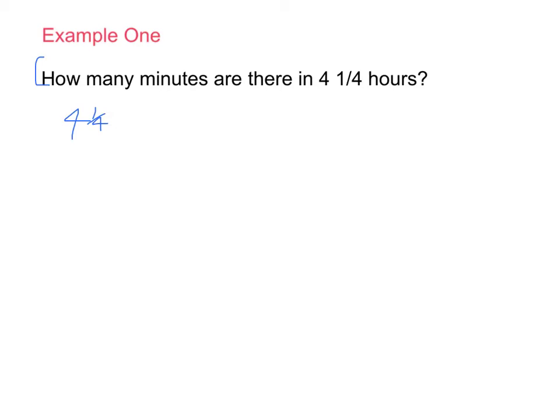First thing I do, I know back from my previous slide that there is 60 minutes in an hour. And in 4.25 hours, there is 4 whole hours. First thing I do is multiply the number of whole hours by the number of minutes in 1 hour. So I will be going 60 times 4. Now, 60 times 4, let's do our 6 times tables. 6 1s are 6, 6 2s are 12, 6 3s are 18, 6 4s are 24, and if it's 60, I add a 0, so 240. So there's 240 minutes